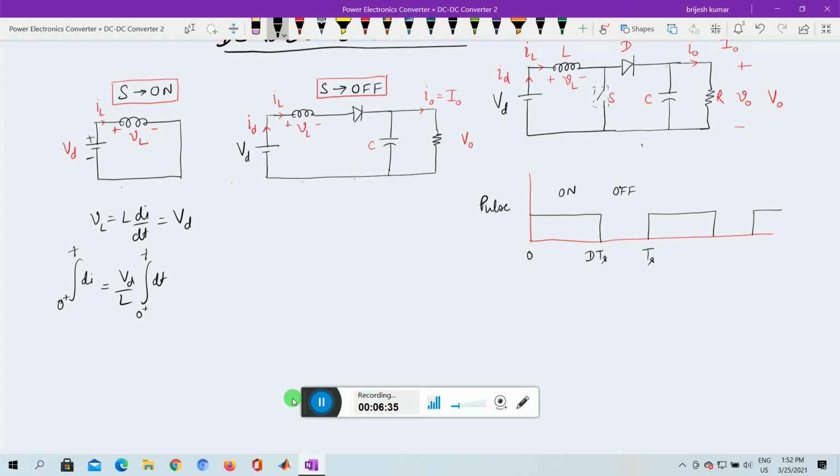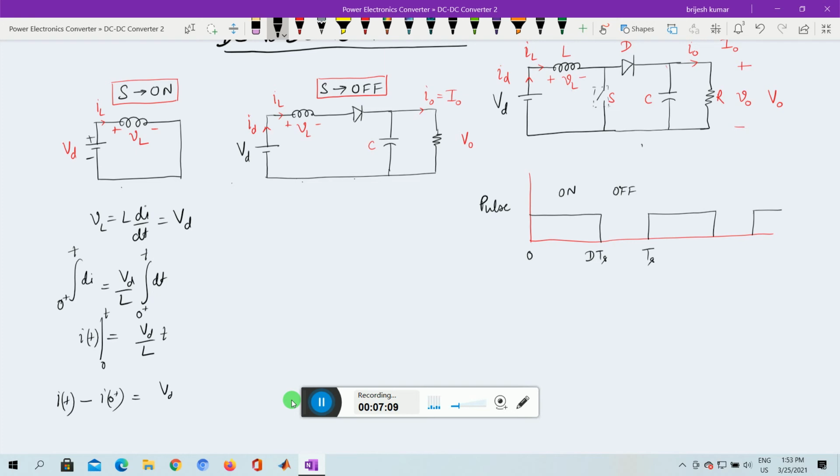So we can evaluate this: the current is i of t, which is equal to Vd by L, integration will be t obviously, and on the left hand side it will be the limit at t equals 0, and at time t it will be the value. So we can rewrite this as i of t at a certain time minus i of 0 plus